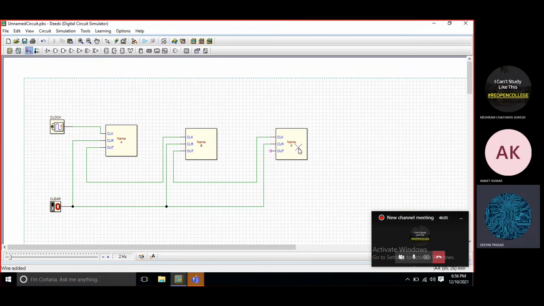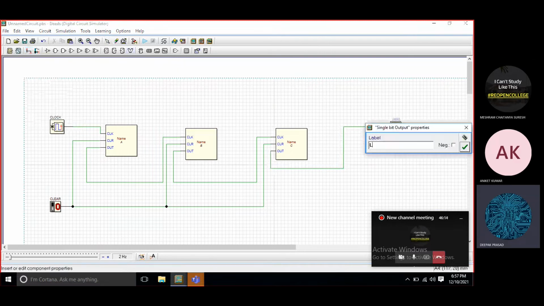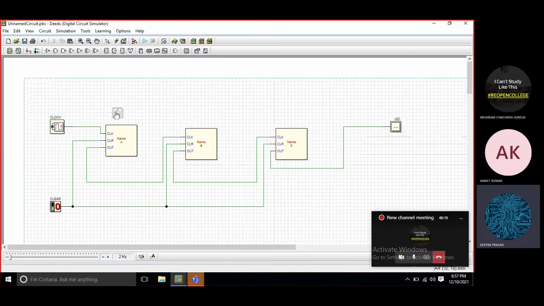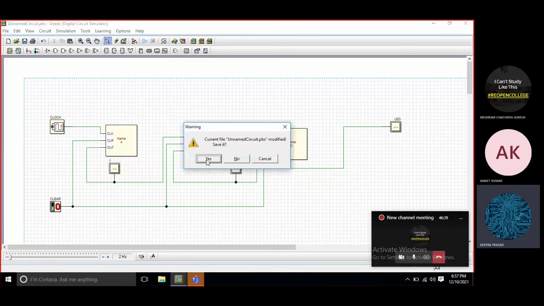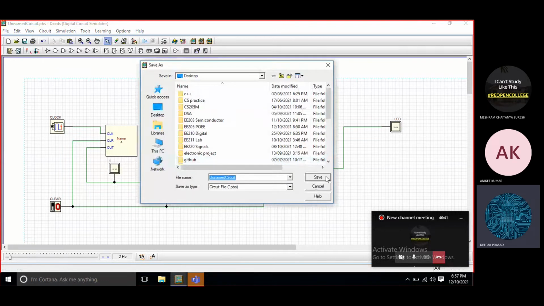Okay, and the output is attached to the LED. This is our LED part, a 1-bit LED. Now you can use the outputs as 1 or 2 to show on the timing diagram. Make the other output as, this is as 1, and this output as 2. Now you can perform a simulation by saving this.